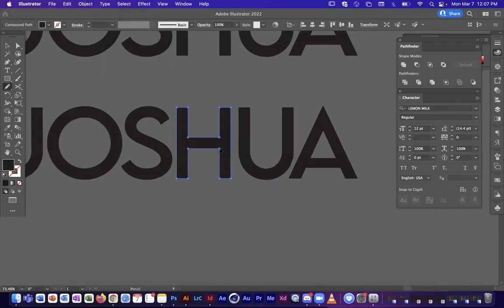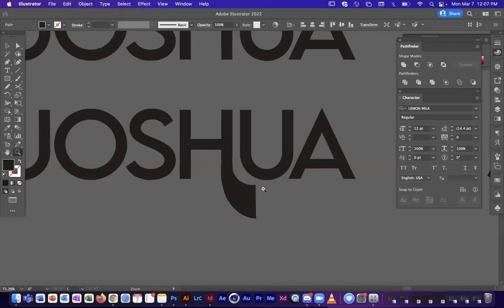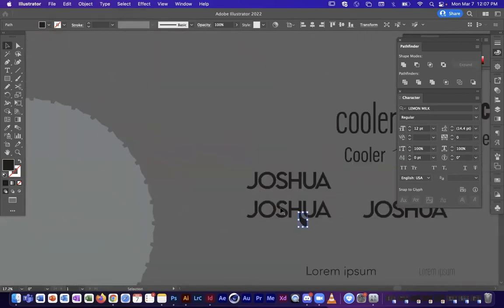So if one way that you didn't want to work was with a pen tool necessarily, let's say I wanted to extend this H a little bit, I can just sort of free draw on that letter H. The problem is that that becomes a permanent change in the letter. So if I just draw sort of shapes or something to change that form, I can always go back and change it later. But what might be kind of fun, if I can go to the shapes that I accidentally made,